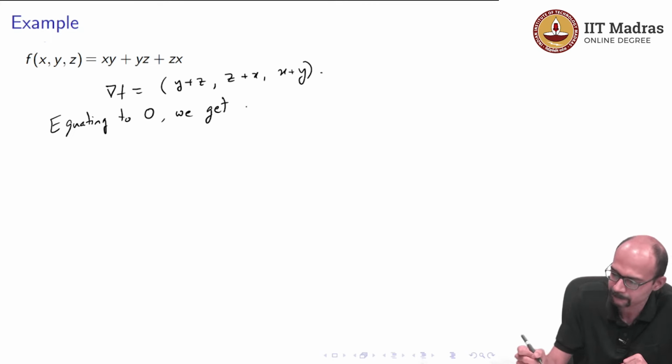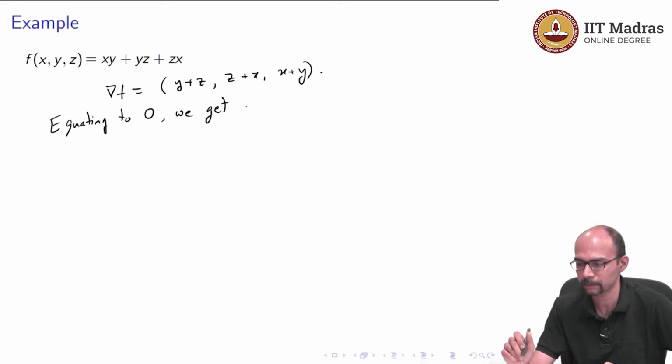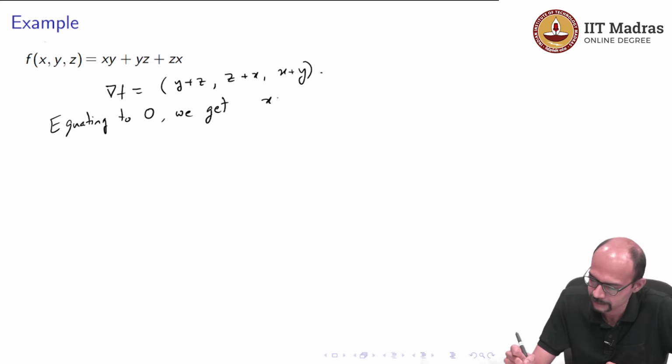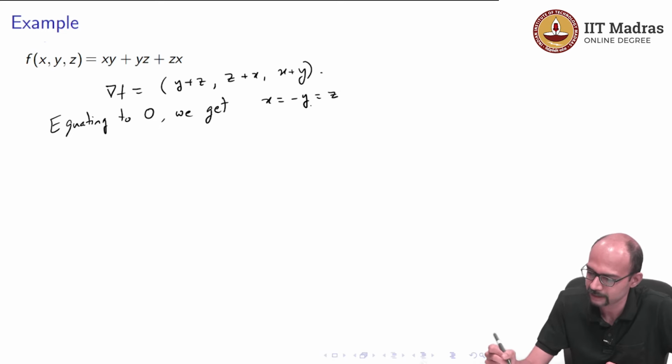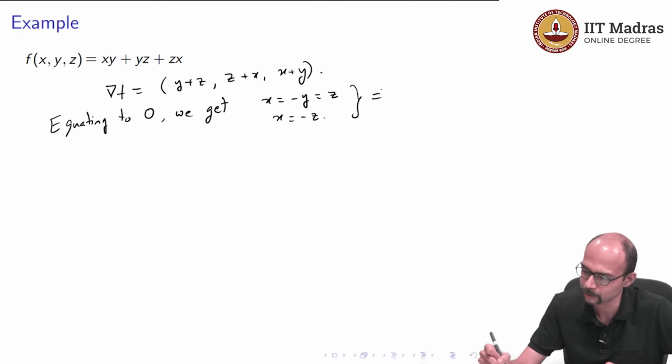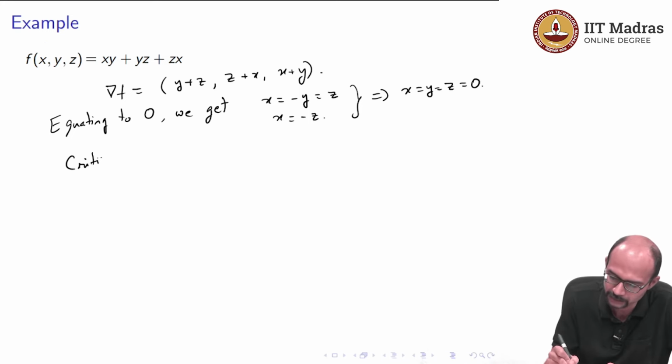So, then we get these 3 equations: y plus z is 0, z plus x is 0, x plus y is 0. So, that tells us that x is minus y, and that also tells us that x is z. That is what we get from equations 1 and 3, but equation 2 tells us that x is minus z. So, the only way this can happen is if x is equal to y is equal to z is equal to 0, right. So, the only solutions here are x = y = z = 0. So, the critical point is 0 0 0,